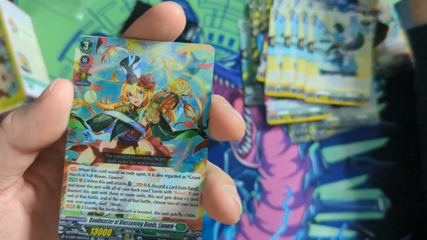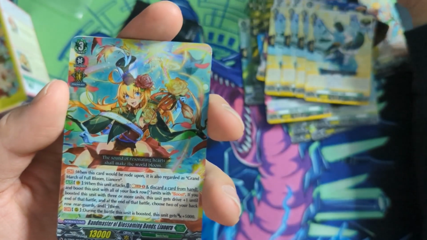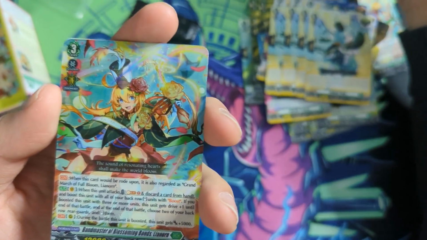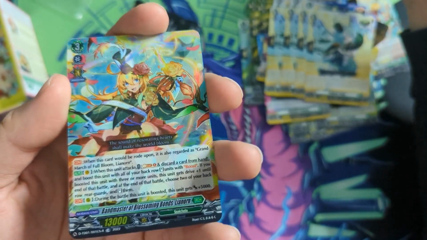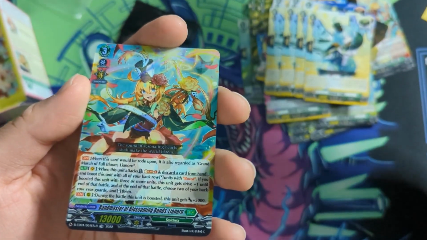And then when this unit attacks, you can Soul Blast 1, discard 1 card from hand, and boost this unit with all of your back row standing units with boosts. If you boost the unit with 3 or more units, this unit gets additional drive until the end of battle. And then of course, at the end of the battle, choose 2 of your back row rearguards and stand them. So really what this does is it takes advantage of all your boosters, restands them